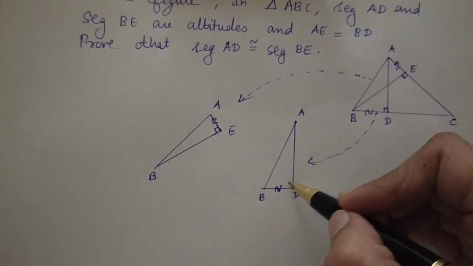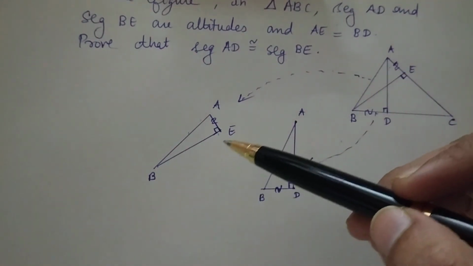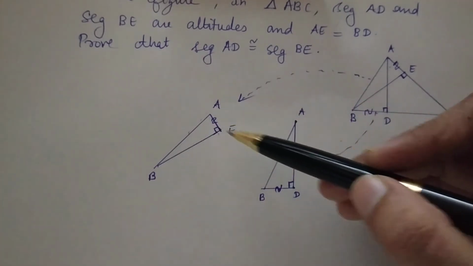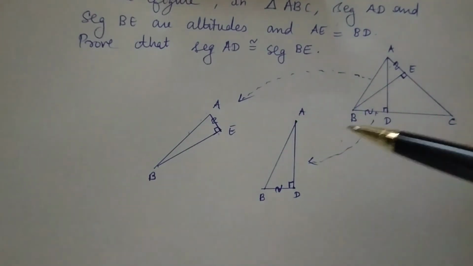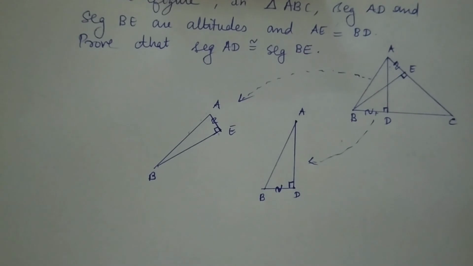Okay, now we have to prove that these two triangles are congruent. Once we prove that, we can automatically say that AD is congruent to BE. But how can we do that? For this, we have to find the congruency between the two triangles. Children, out of all the tests, I have always told you, if you have right angle triangles, like for example, angle E and angle D are right angles here, we will try to see whether we can use the hypotenuse side test here. So let us check.